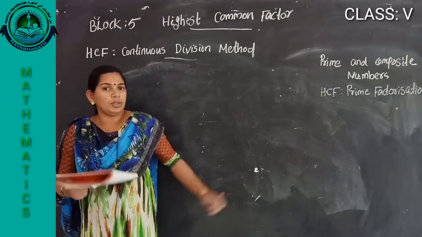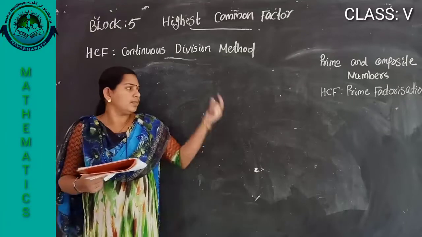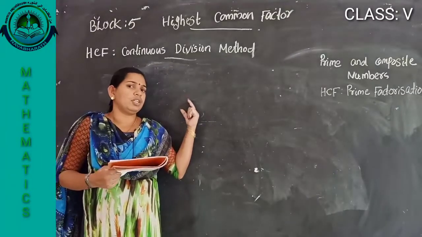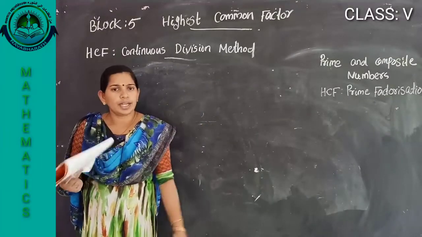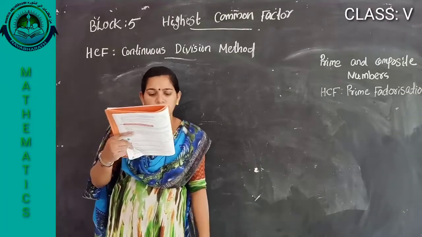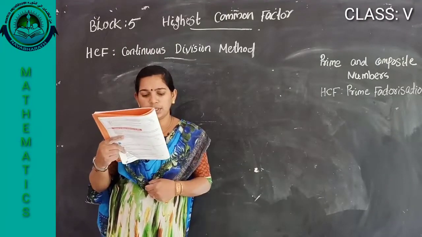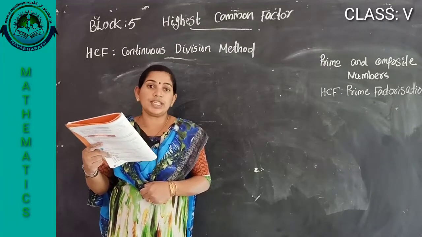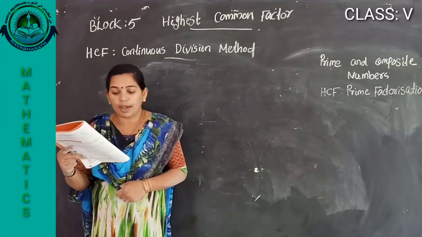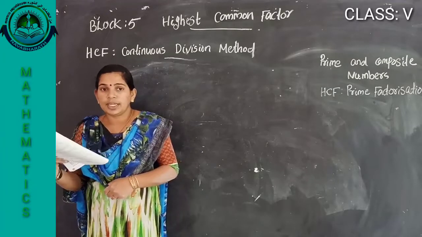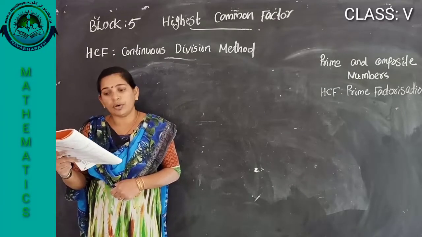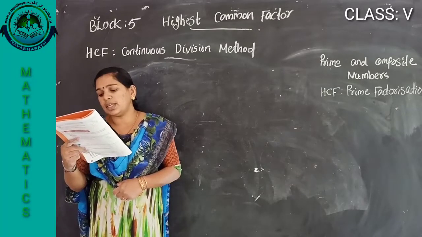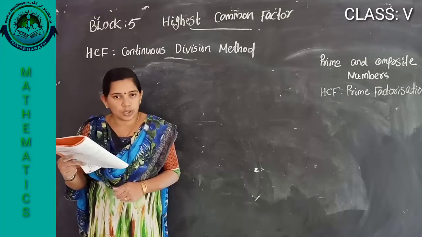Okay, in the same way you do it. Which method are you comfortable with? First, division, long division, and second. You do it. Then write whether true or false. 15 is the HCF of 5 and 15. You check it. Find the HCF of 5 and 15. Then you check whether its answer is 15 or not. Then 20 is the HCF of 20 and 100. That also you check.